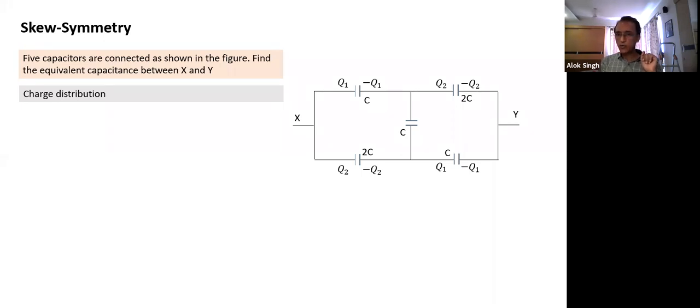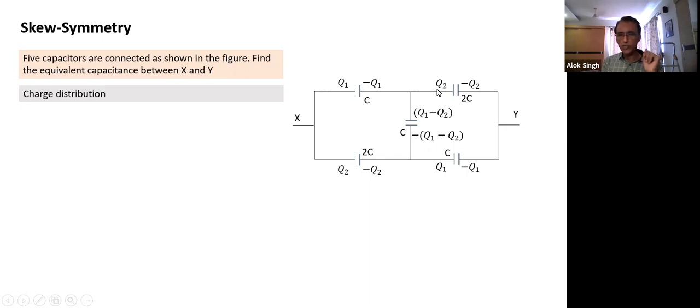The third charge I have not written as Q3, because if I write Q3 it becomes an additional variable and then I apply the junction rule. So directly I have written this charge in terms of Q1 and Q2, treating this whole system as an isolated system. So I write the charge on this capacitance, which is equal to Q1 minus Q2. I hope all of you understand. Otherwise, I could have written this charge as Q3, and then Q3 minus Q1 plus Q2 is equal to 0. I could have written that equation. I have just cut short that step.